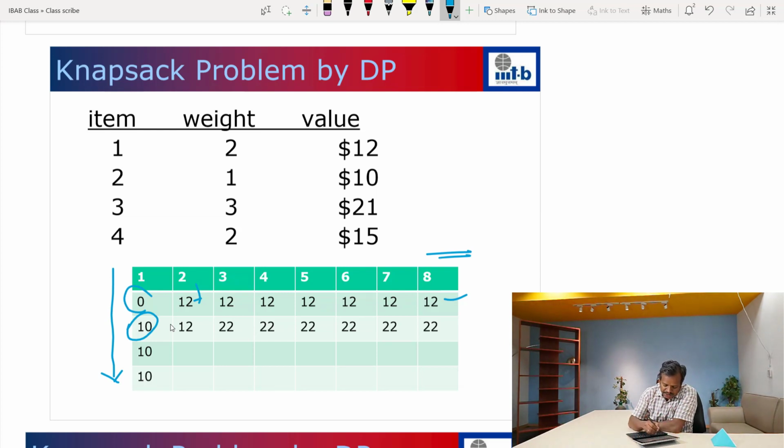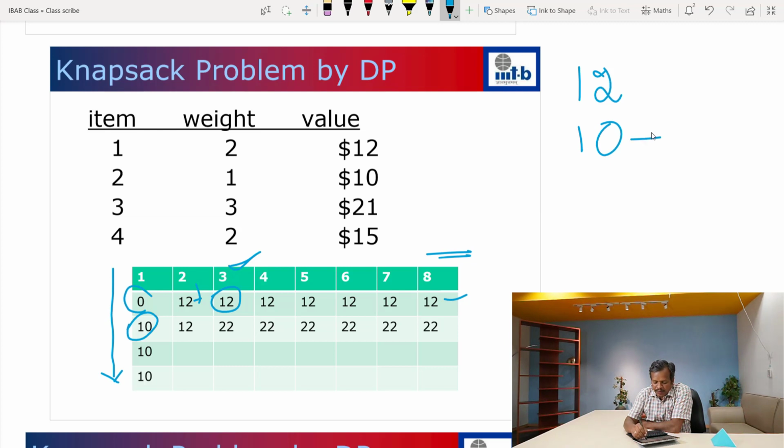Now if I come to the second case, where the size of the knapsack is 3. If I am allowed to pick the second item and I don't pick it, then I am allowed to pick only the first item. In that case, the maximum profit that I can make is 12. So if I just ignore the second item, the maximum profit is straight away given by the table, which is V of i minus 1 comma j. But if I have decided to pick the second item, I straight away make a profit of 10.